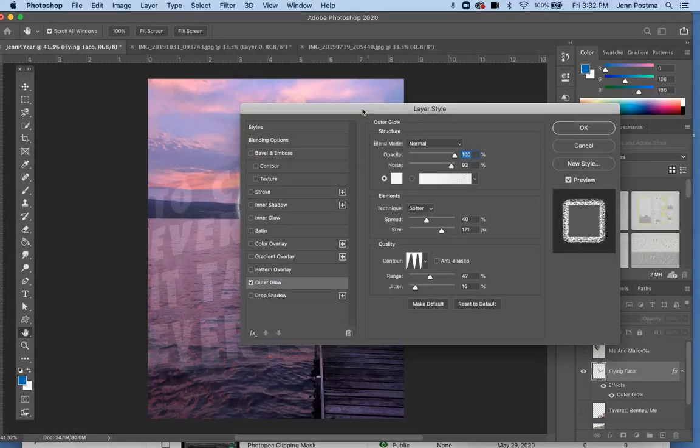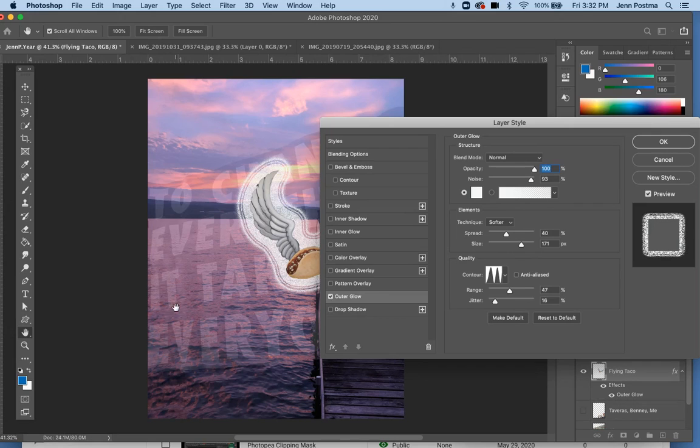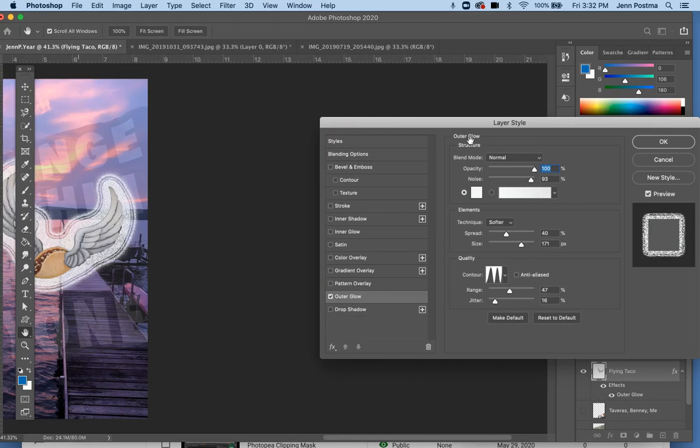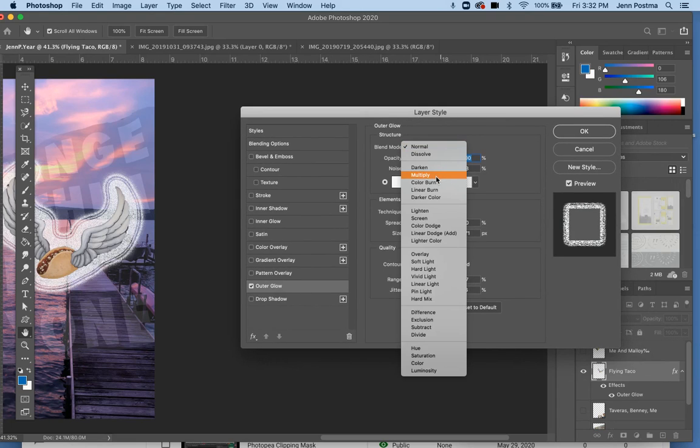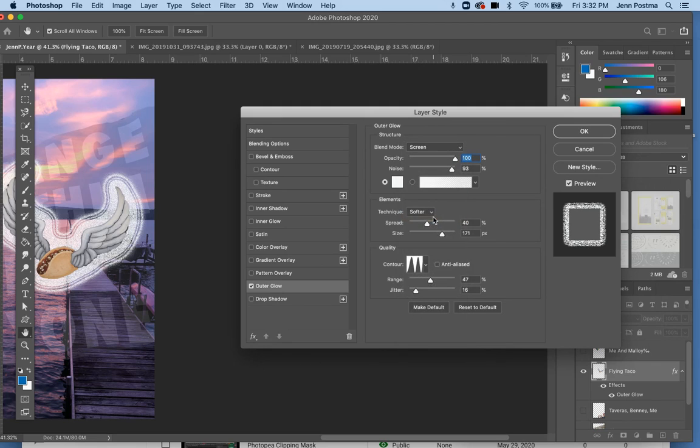Now, yours may show up and not look quite like that. I've been playing with this one a little bit for different projects. The blend mode I'm going to go with is Screen in this case. Now they all do something a little different. The opacity I'm going to lower here,